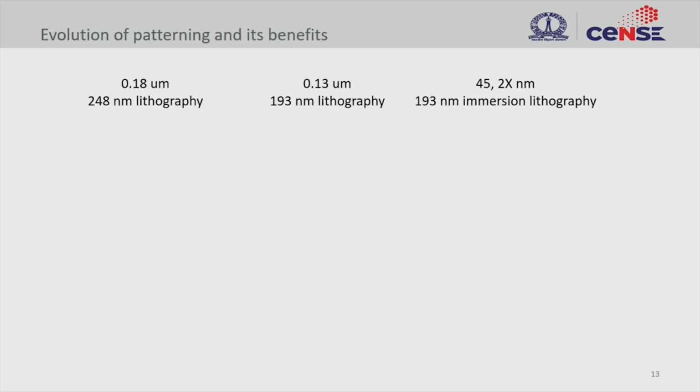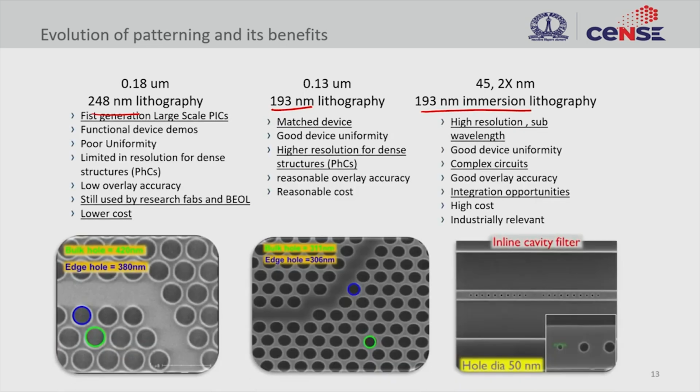So the evolution here is shown starting from 0.18 micron to 0.13 micron, and the present day 45 nanometer or 22 nanometer node technology. The lithography technology that we use is 248, 193 and 193 immersion. So what is the advantage and disadvantage in using this? So 0.18 micron technology gives you a pretty good